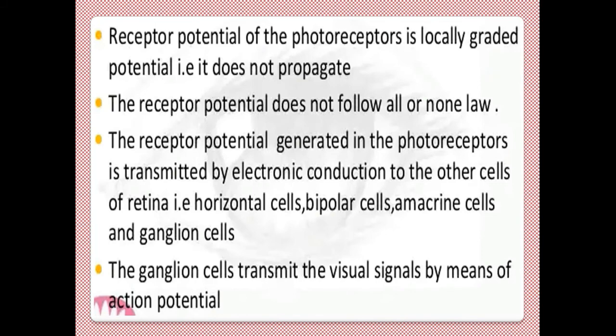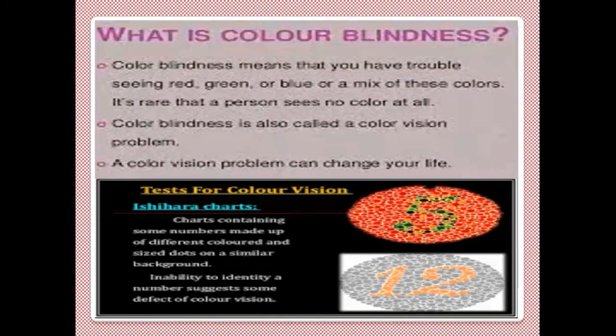Here you have color vision. I told you when your cone cells are not properly functioning, there is no proper visual cycle in your cone cells. Your pigments in the cone cells are defective. What is going to happen? You will have color blindness. That means you will have only black and white TV vision. Your rod cells are functioning, so you have vision. But if cone cells are not functioning, you don't have color differentiation. You cannot have color adaptation. Color vision is not possible.